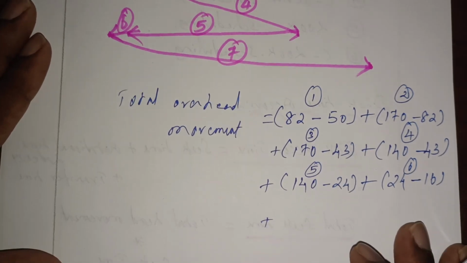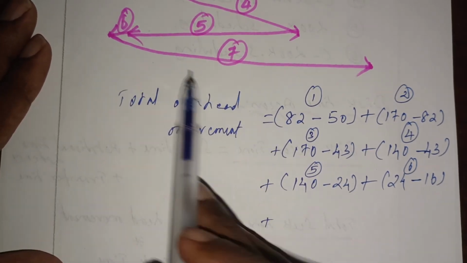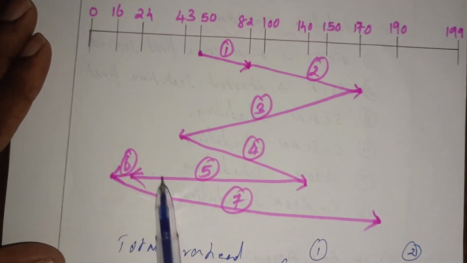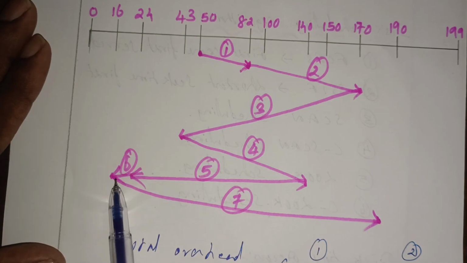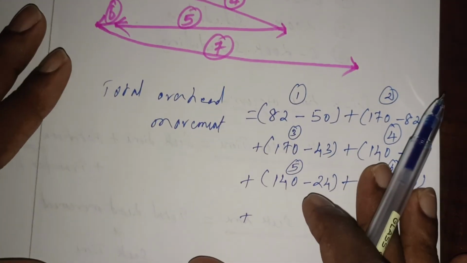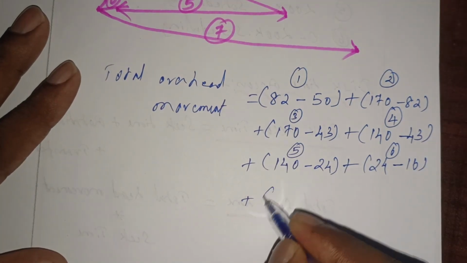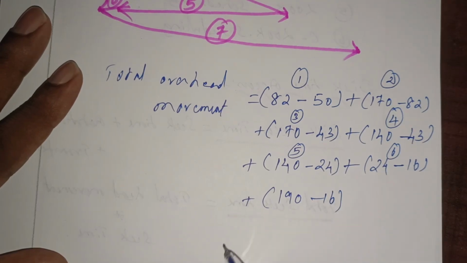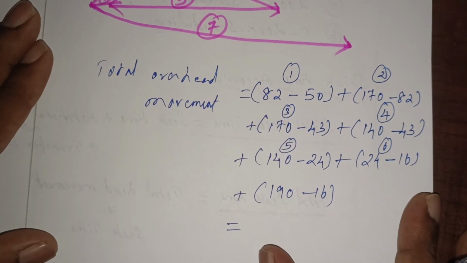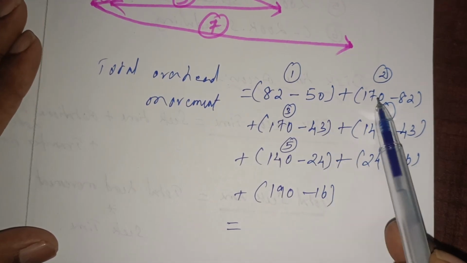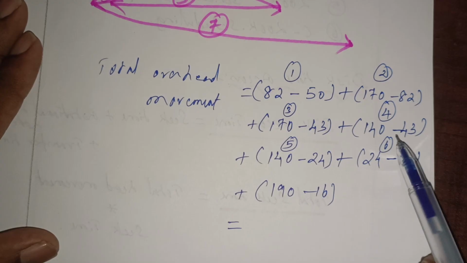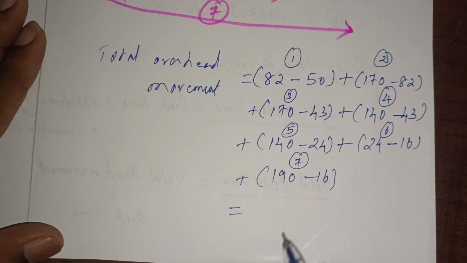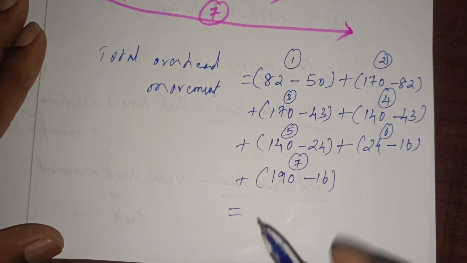And finally we have one more head movement, that is 16, and it ends at 190. You can check it over here. So this last head movement, the seventh one, is 16 and 190. As I told you, you take the biggest number first, 190 minus 16, right? So we are going to check what is the final answer we are getting. So 82 minus 50, 170 minus 82, 170 minus 43. This is the fourth, fifth, sixth, and this is the final one, 7. Finally, 1, 2, 3, and finally we are getting around